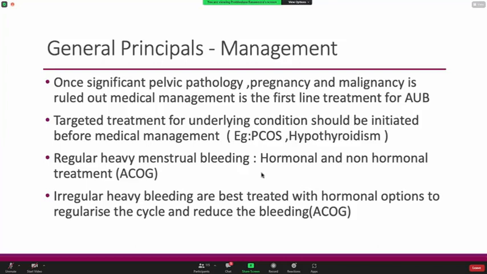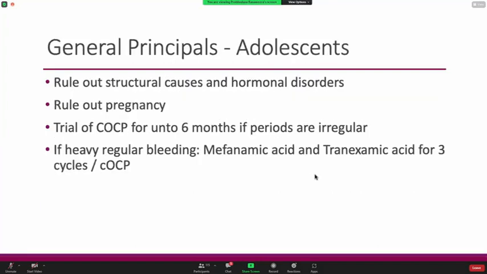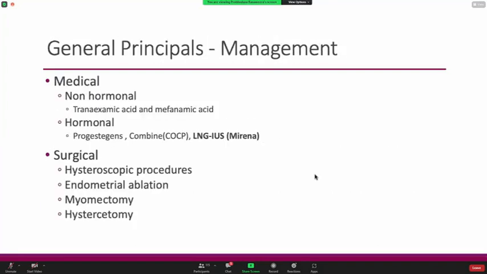As I told you, irregular bleeding is best treated with hormonal options to regularize bleeding, right? Adolescents, I told you, hormonal. Non-hormonal options are tranexamic and mefenamic acid. Hormonal options are combined progestogen or Mirena, the levonorgestrel releasing intrauterine system,